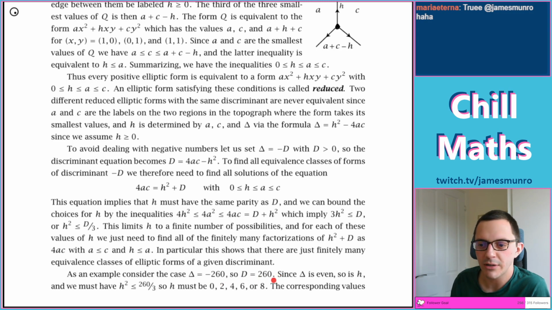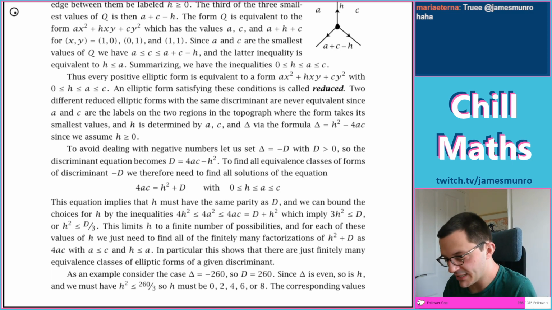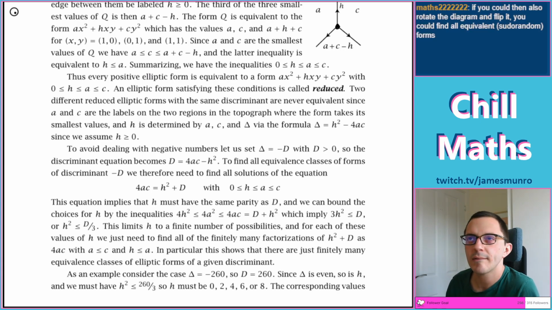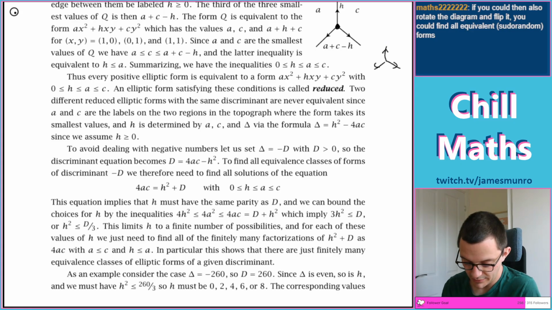What are we looking for? We're looking for numbers to put in our quadratic form such that it might have discriminant 260. We think that studying all of the possibilities for a particular discriminant is a good idea, because if they're equivalent, they've got the same discriminant. Is that clear? There's some relationship between the values that you have at a point. If you know 3 values, then there's a rule for working out what's going on over here to say that it is